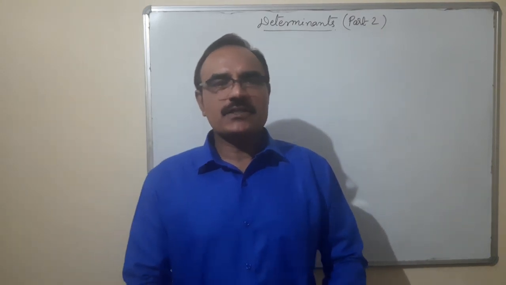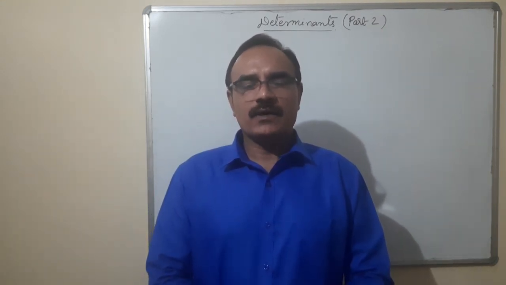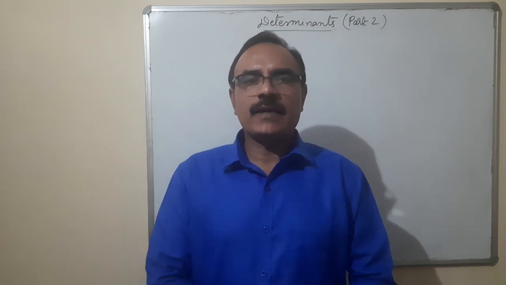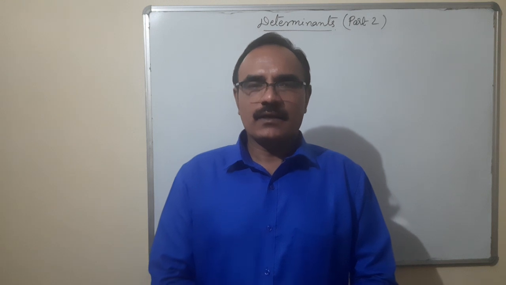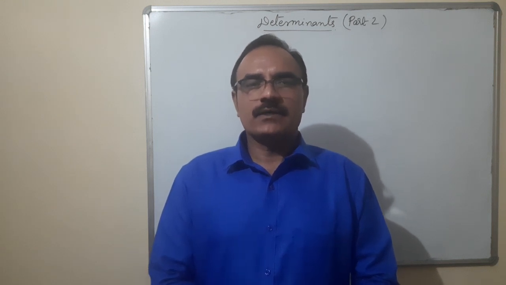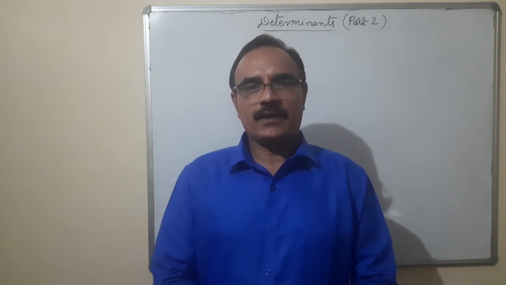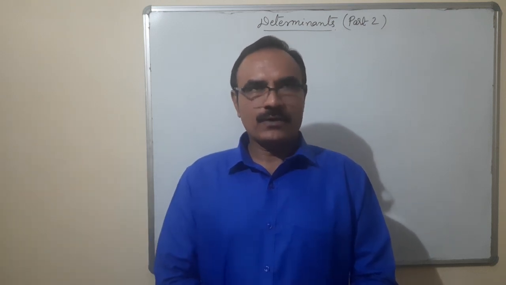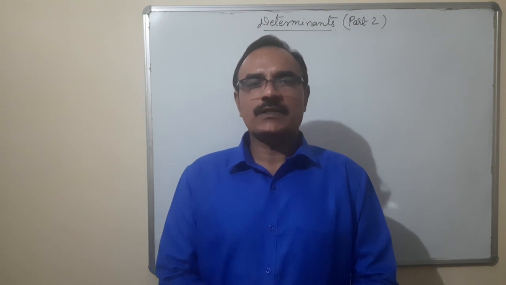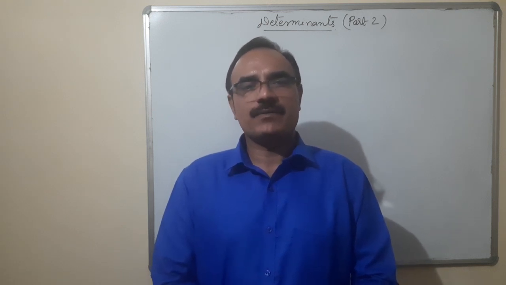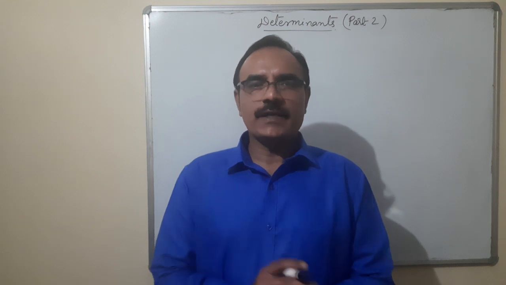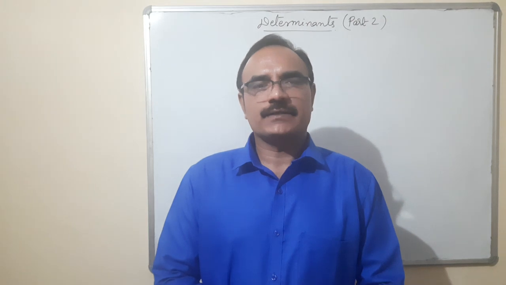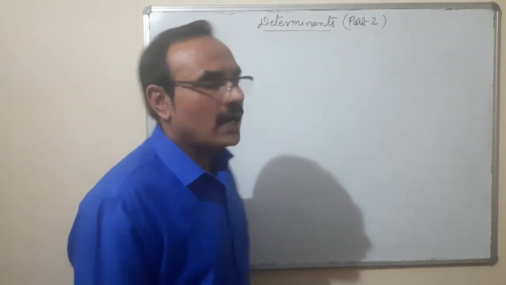Hello. In continuation with the chapter Determinants, part 2. Today we are discussing the area of a triangle and finding it with the help of the determinants method. Let me remind you, in class 10th, in the chapter Coordinate Geometry, you used to find the area of a triangle when three coordinates are given, with the formula 1 upon 2 [x1 (y2 minus y3) plus x2 (y3 minus y1) plus x3 (y1 minus y2)]. That means when the coordinates are given, we will see how to find the area of a triangle with the help of the determinants method.